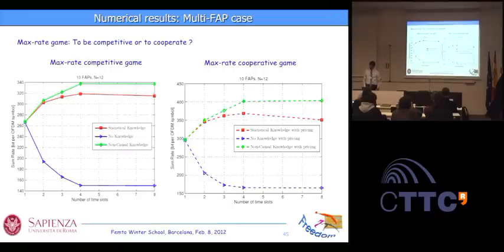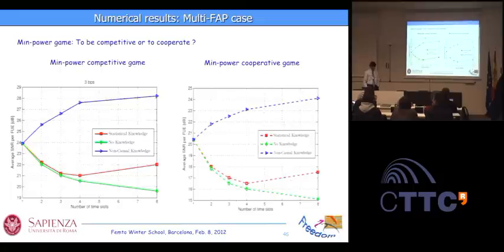So the sum rate is excluding the signaling required for cooperation? Yeah. Here the sum rate is the sum rate, so it doesn't take into account the signaling cooperation loss. Okay, so effectively the gain would be lesser than this. Actually, it would be less, at least in this case, yes. That's true. Okay, next point, the other game, the mean power game.